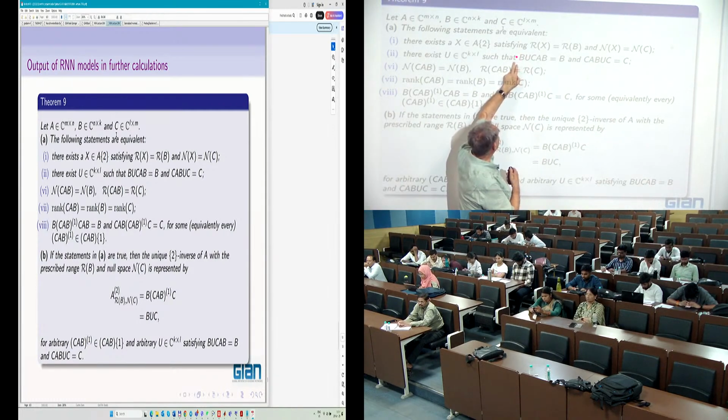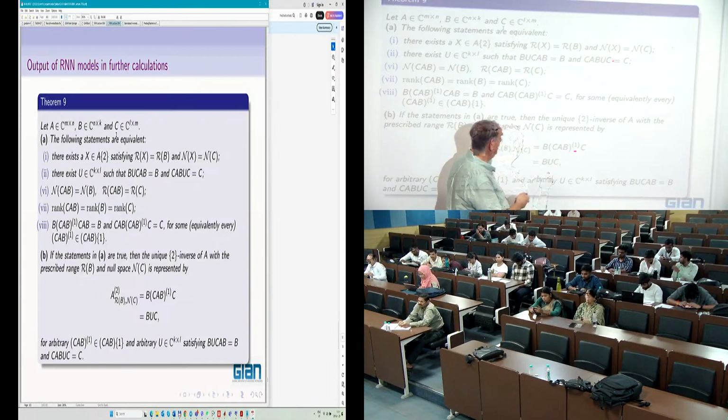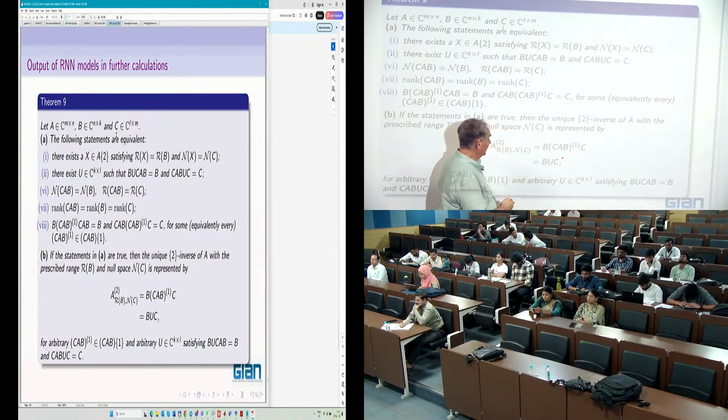This equation multiplied by C means that U is an inner inverse of CAB. Multiplying by AB from the right, we will see that U is again an inner inverse. To solve only one of these